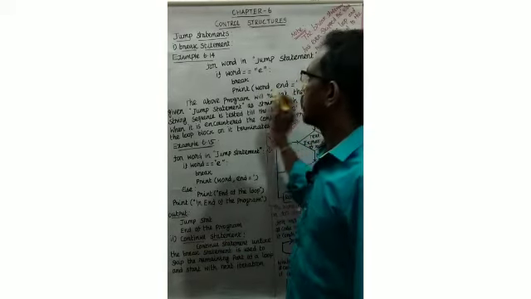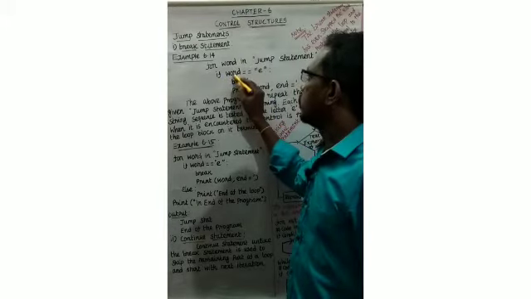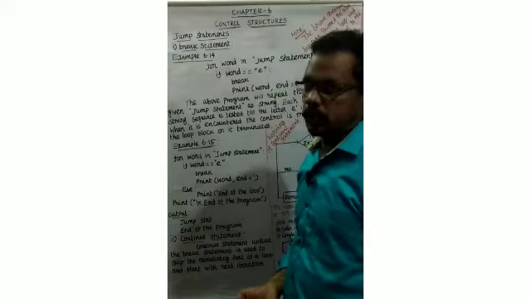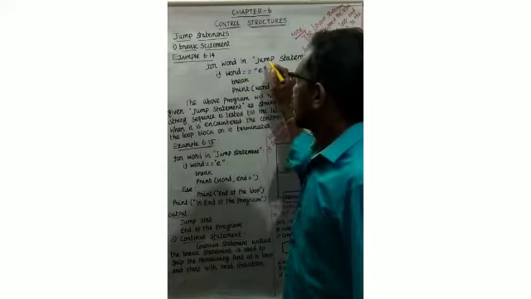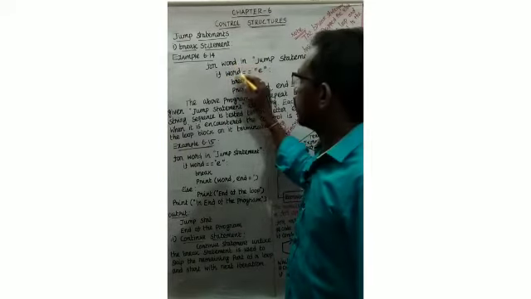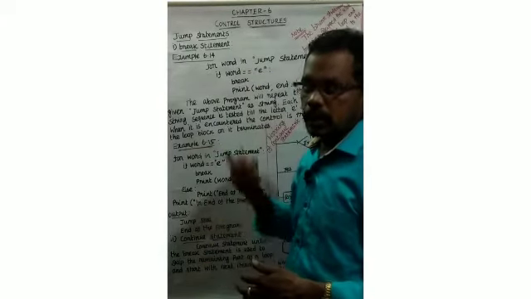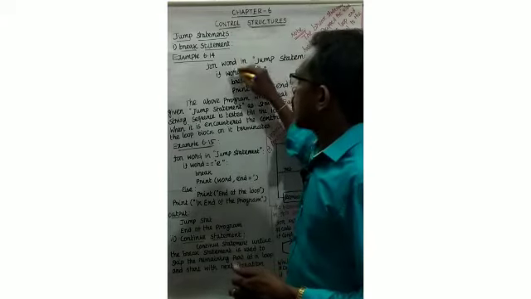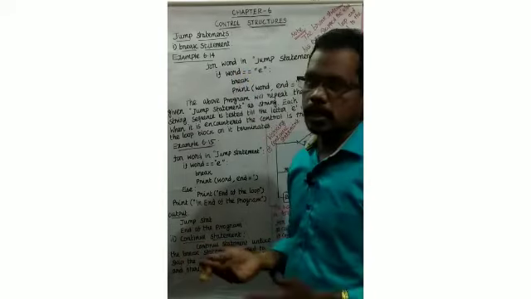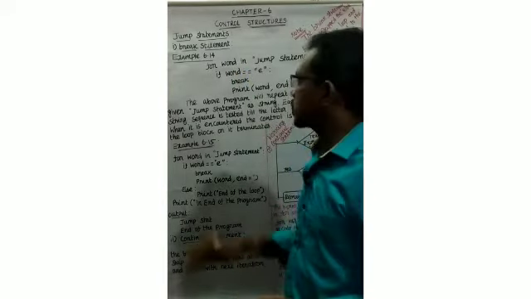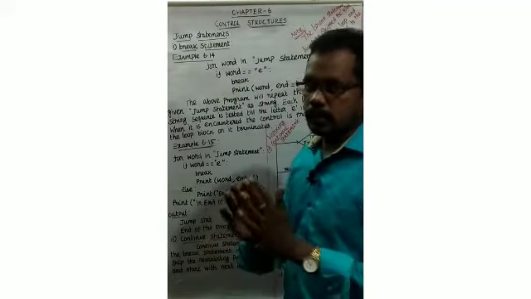Next, increase the value, U is assigned to word. If U equal to E, the condition is not satisfied, so the word value U is printed there. Next, increase the value, M is stored in word. M double equal to E, the condition is not satisfied. The iteration will be repeated till the value E is assigned in word. When E is assigned there, E double equal to E, the condition is satisfied, so next we execute the break statement. No need to find the E again. We can stop the process.